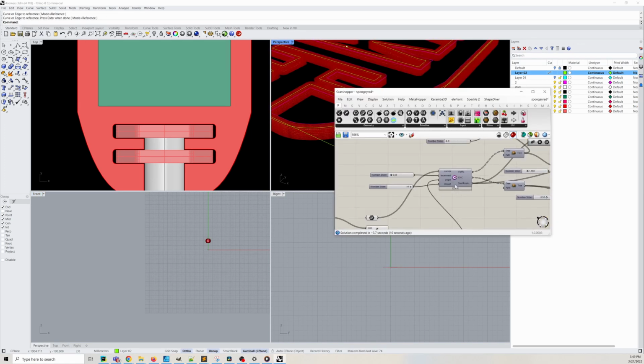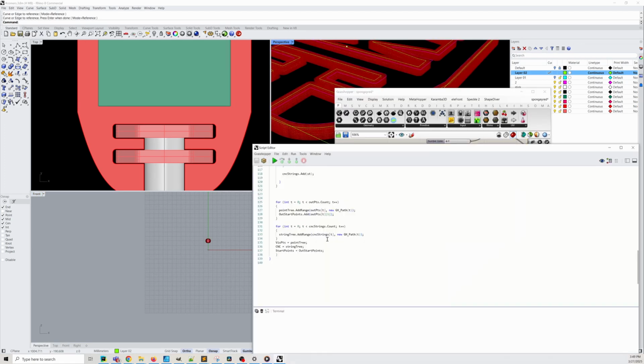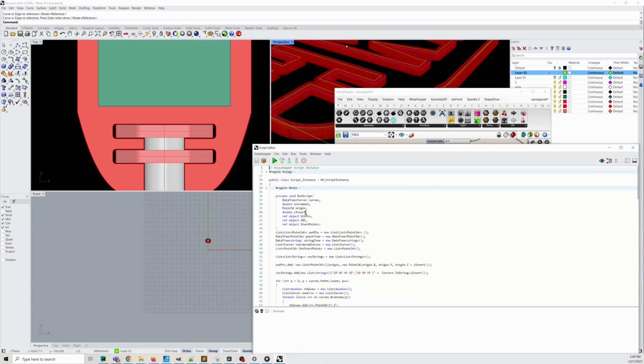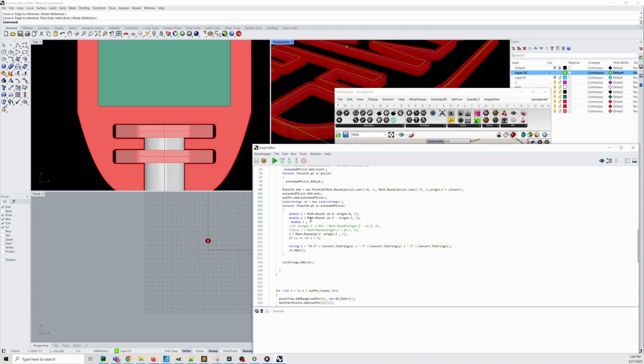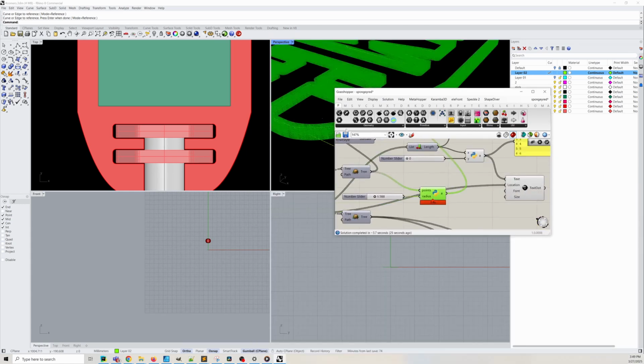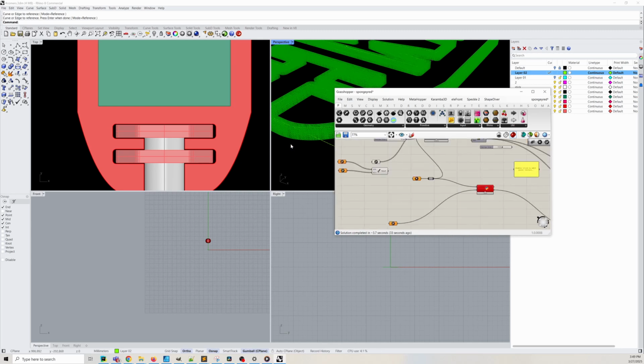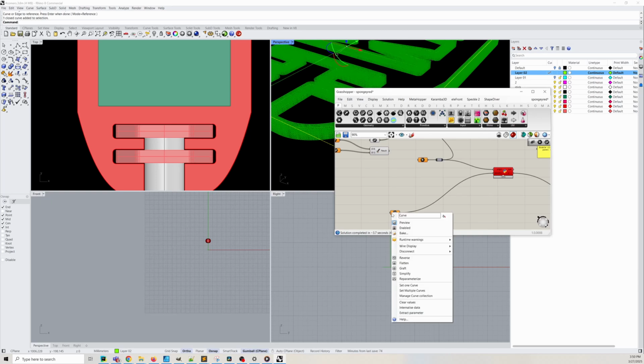So what I have here is a bit of C#. It basically just goes through and converts those curves into G-code. And this little one here shows you the toolpath with the radius. Okay, but what's that happening relative to? Because this is just a random place in space, so we're going to need to align it to the machine itself. So what I do is I have a bounding box curve,